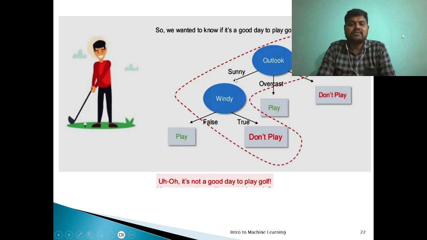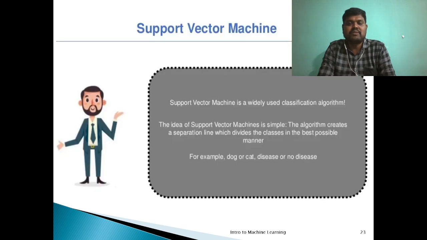If the outlook is windy, if it is true, then don't play. If it is false, you can play, right? So the decision tree will be a hierarchical tree, so that you can move from the parent node to the child node or leaf node to predict the final output. So this is how the decision tree will work.